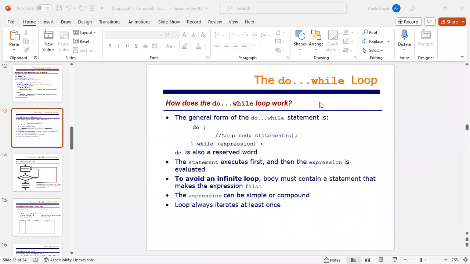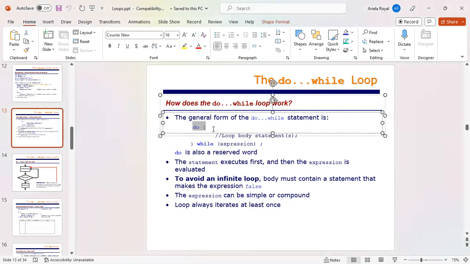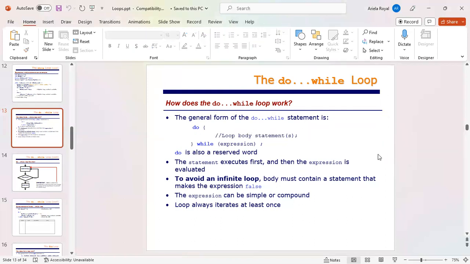Okay, so now we're going to talk about another type of loop, the do-while loop. It's the same thing as the while loop. The only difference is that the expression is at the end of the loop. What does it mean that the expression is at the end of the loop? It means that there is no restriction to get into the do-while loop, at least the first time that we